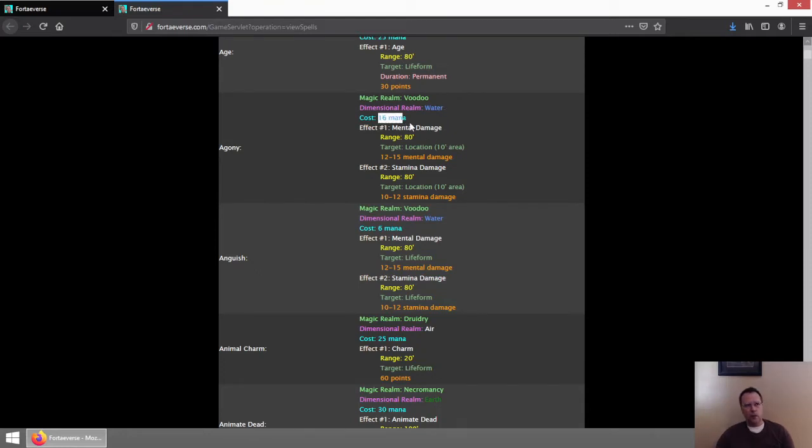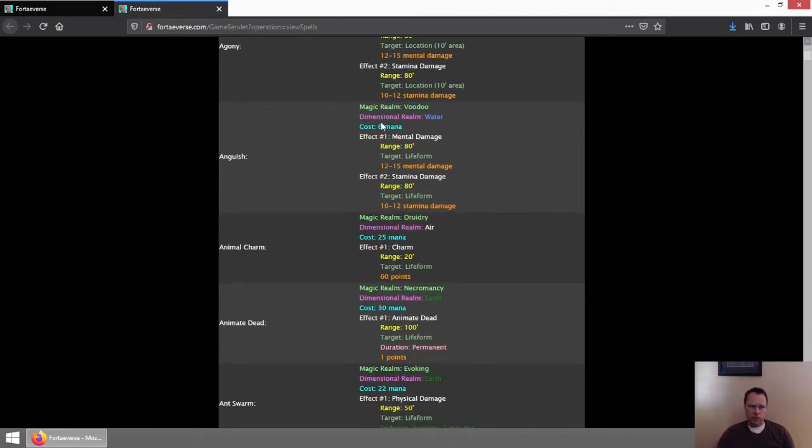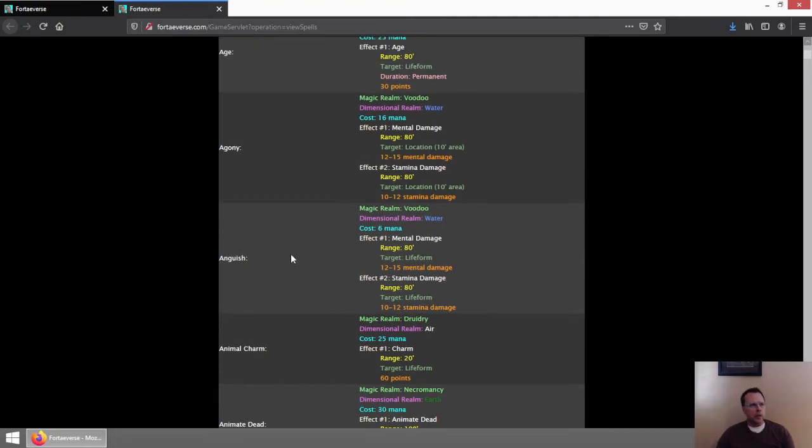So, if it was 16 mana to cast this and you have 50 water skill, then 25% of 16 is roughly 3 or 4 mana per power level. As you cast higher power levels, you could potentially get more of a discount because of the way rounding works with lower level spells, like a 6 mana spell, for example. Anyway, on the website, you can see information.